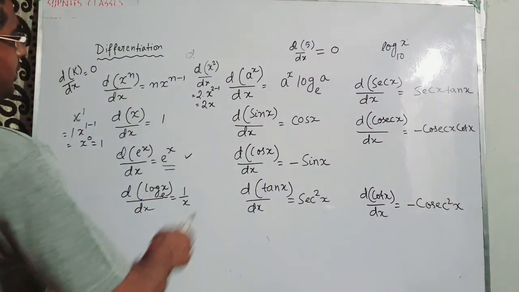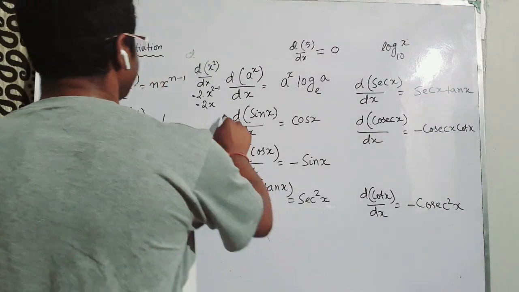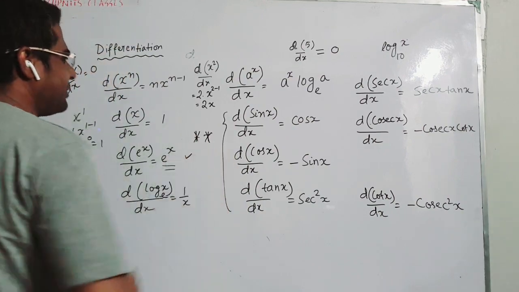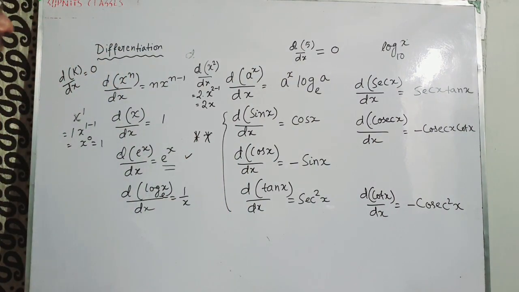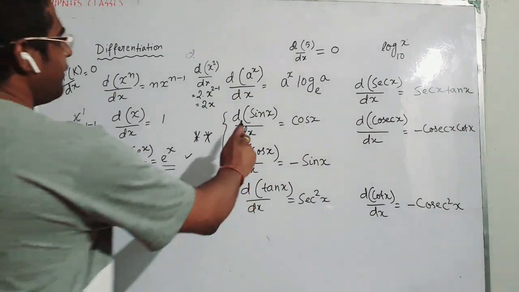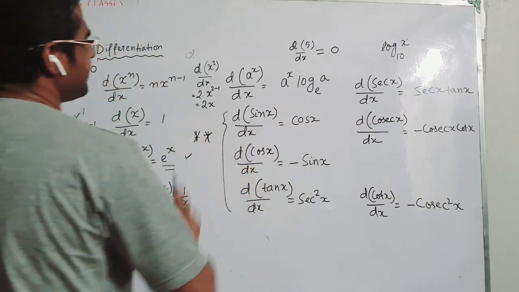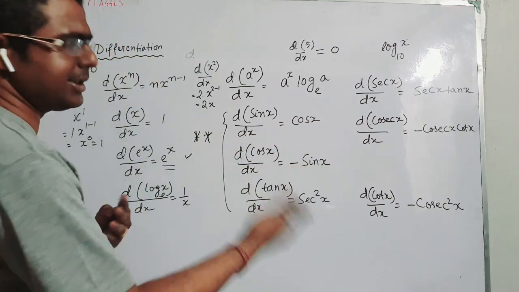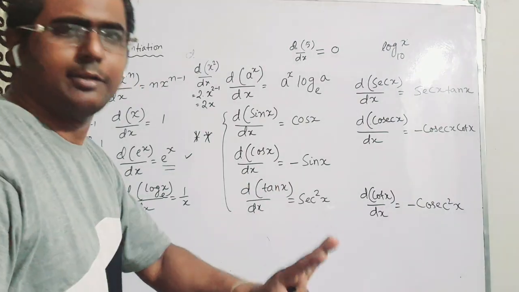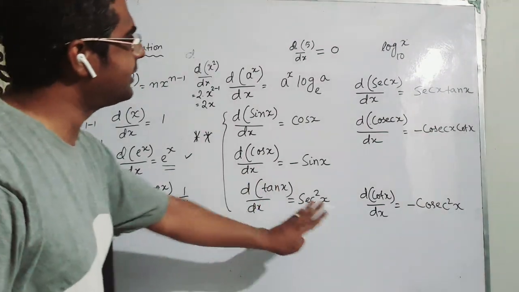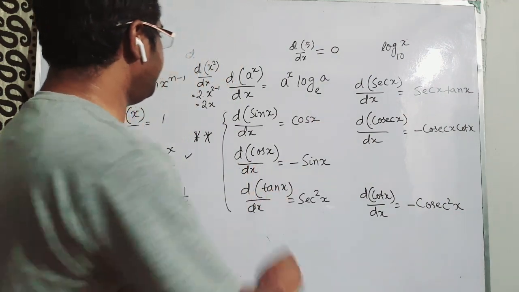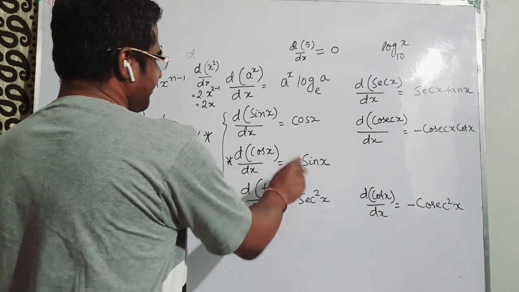Okay guys, so now coming to trigonometric functions. This part will be super important for you for physics, and in chemistry not so much, but for physics trigonometric functions are super important guys. So if you differentiate sin x with respect to x, the answer is cos x. It's just the complementary ones that are coming. If you differentiate cos x, you will get minus sin x, you have to remember that, okay? Tan x gives sec square x, okay guys? You just remember this one. This will have a negative sign, okay guys?